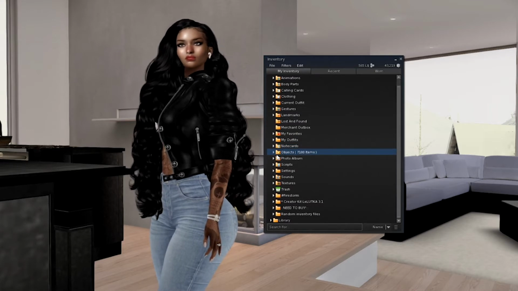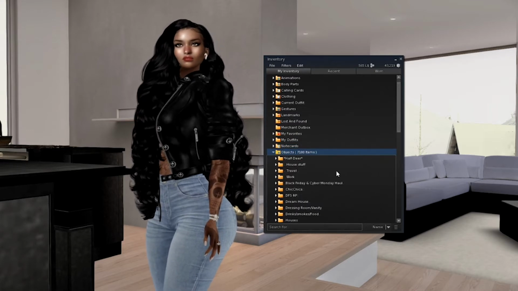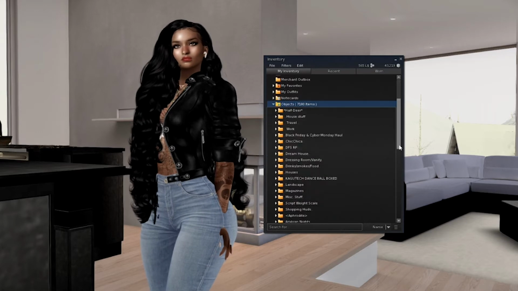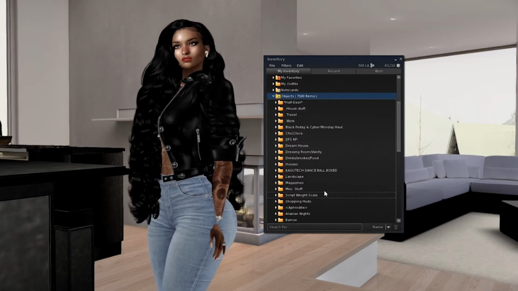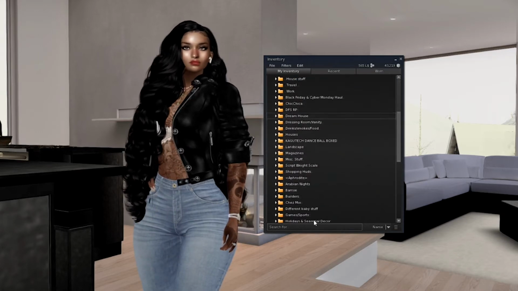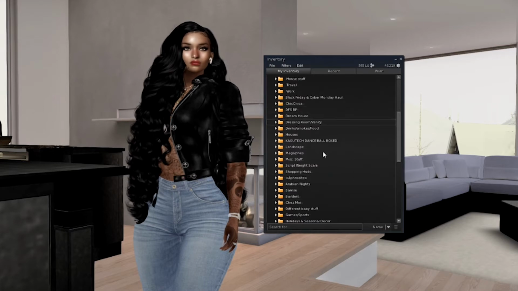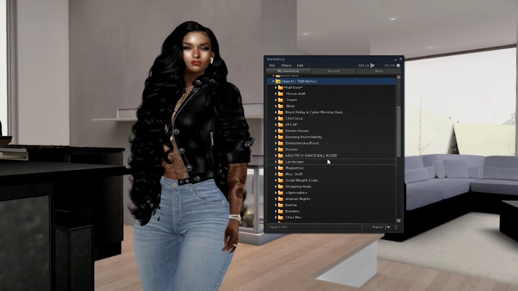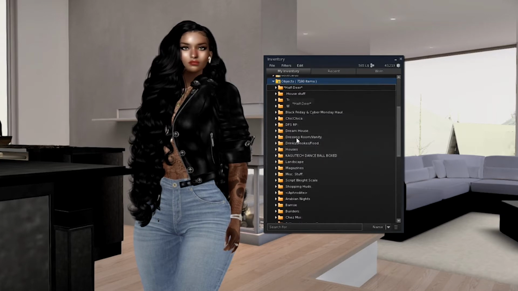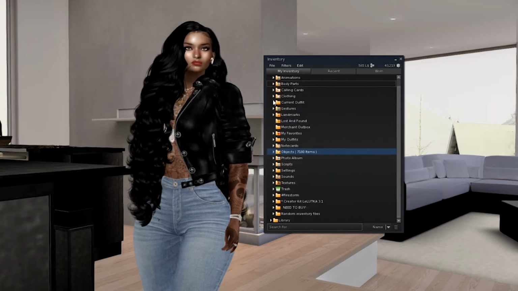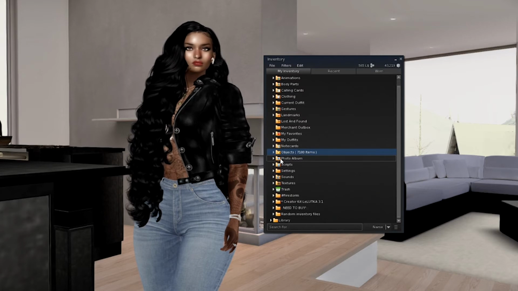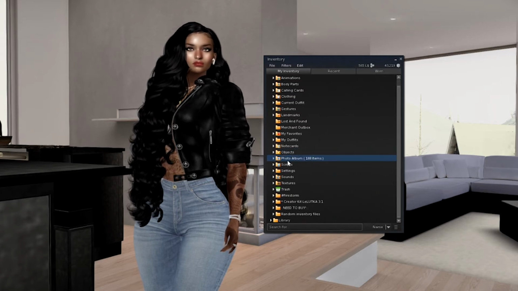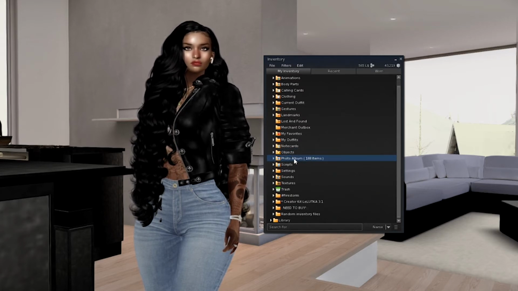Objects are where just different objects are, like your housing objects, your decor. All those will end up in your object folder, and when you get a new box in World in a World store, it will end up here inside of the objects folder. Photo album are all of the photos that you take with the snapshot.